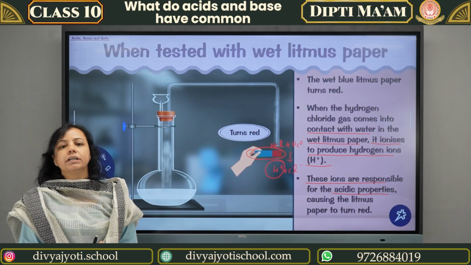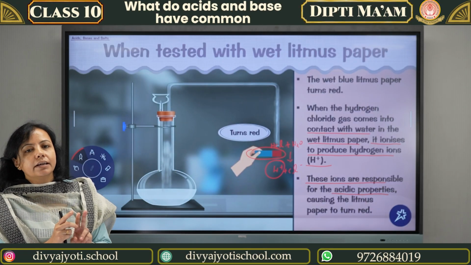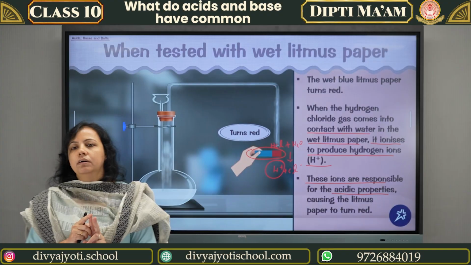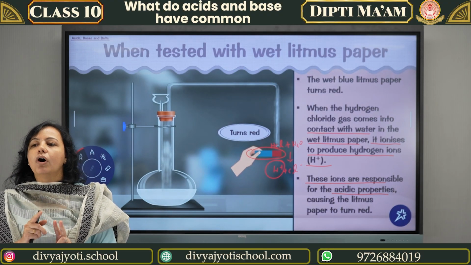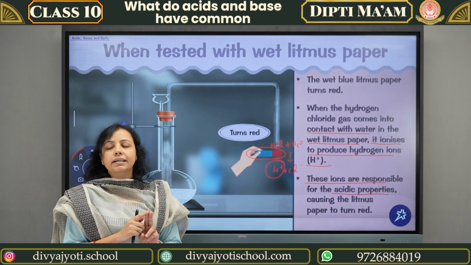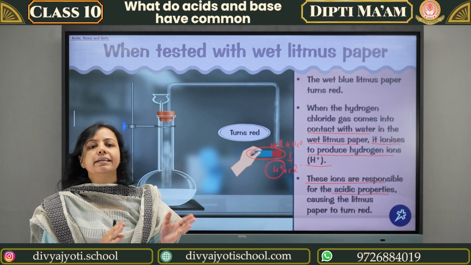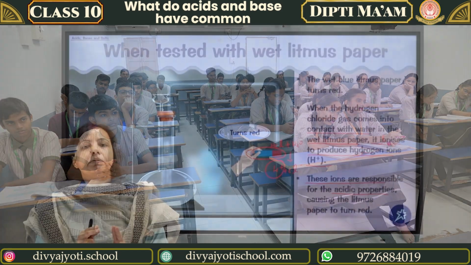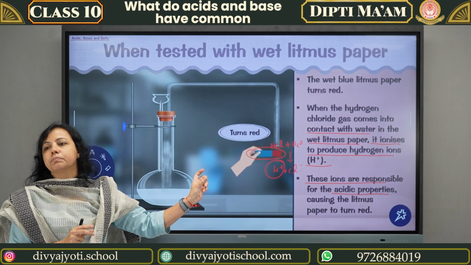Understood everyone, this activity? Okay. There are two main questions. Why does the dry HCl gas not react with the dry blue litmus paper? What is the main reason? Yes, the water molecules are not present, and if the acid doesn't have water particles, it will not ionize. If the HCl is not connected with water molecules, the ions are not produced. Because of this reason, you cannot see the color change of the blue litmus paper.